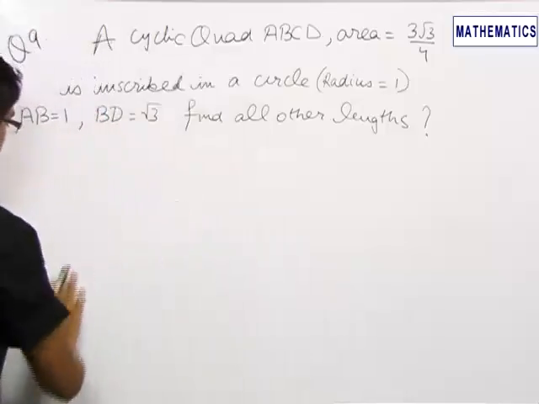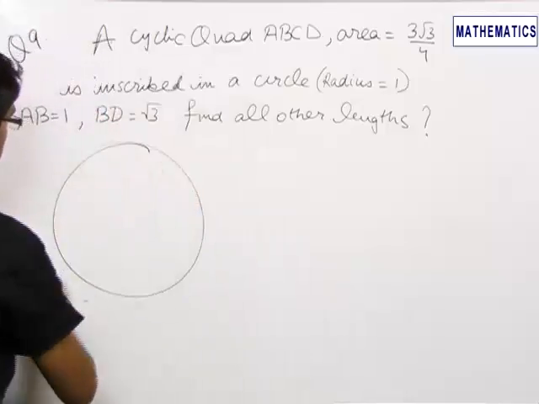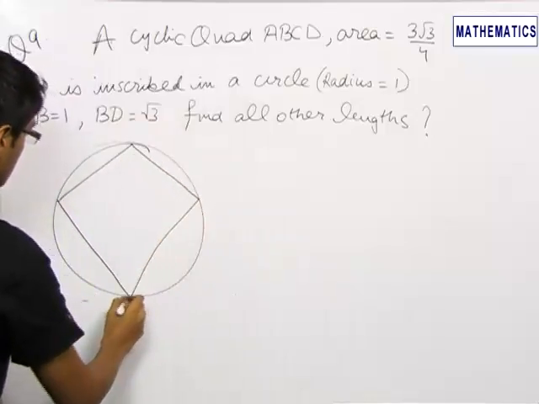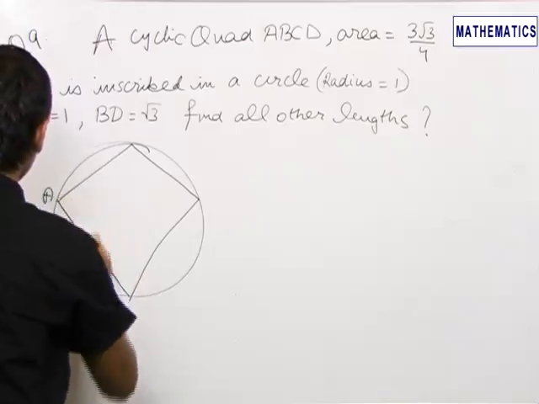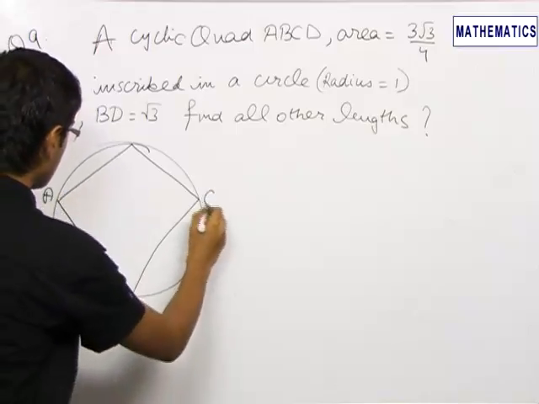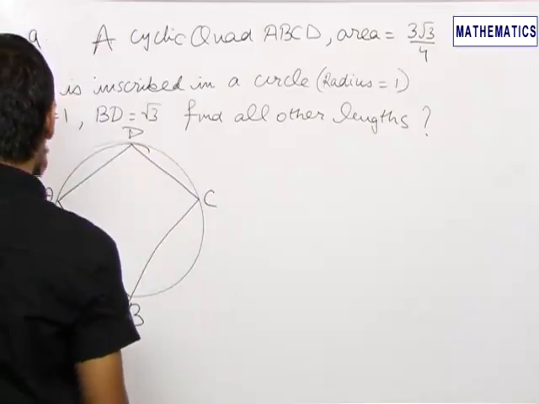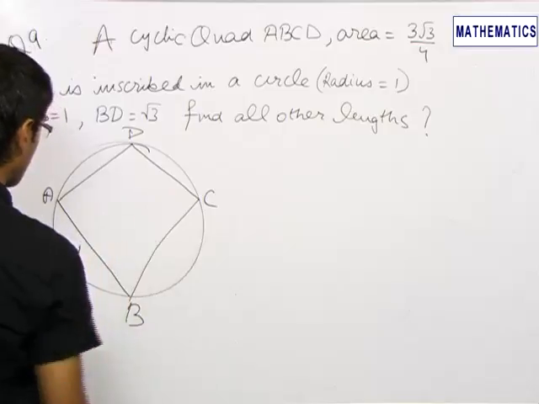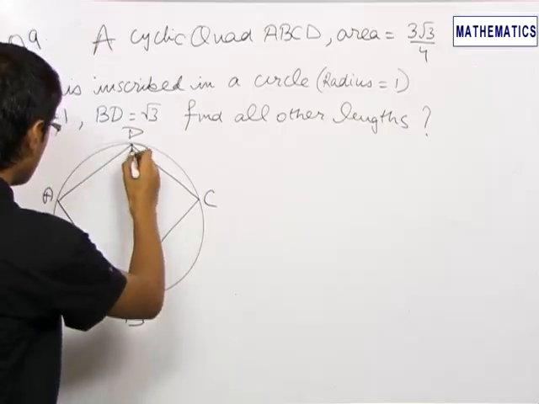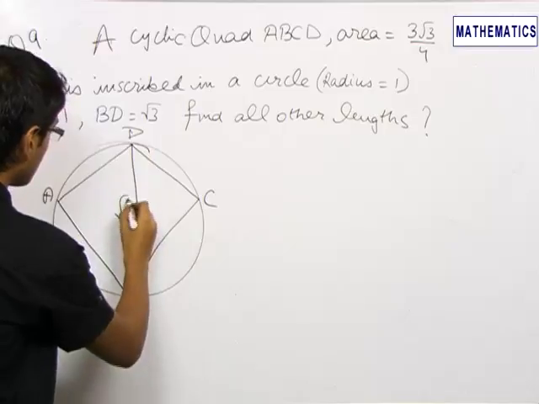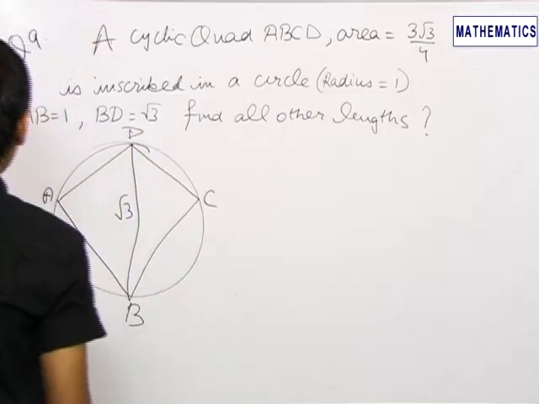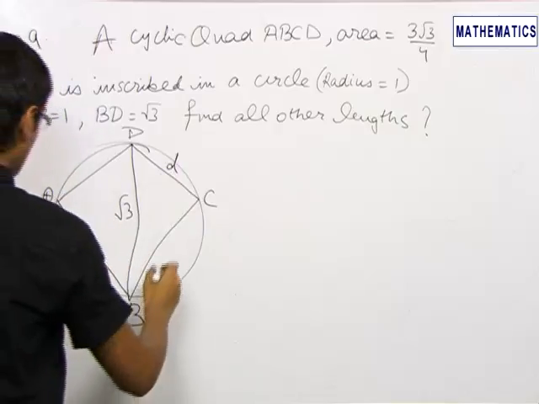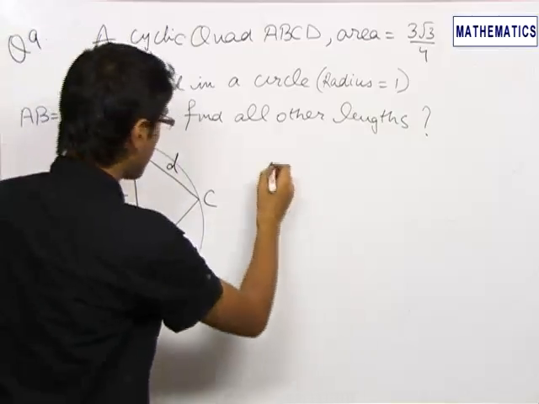So in order to proceed with this question, we first make the figure. Taking this as A, B, C and D, we are given with AB equals 1, we are given with BD equals root 3. Let us take CD to be equal to d and BC to be equal to c. Now for the triangle